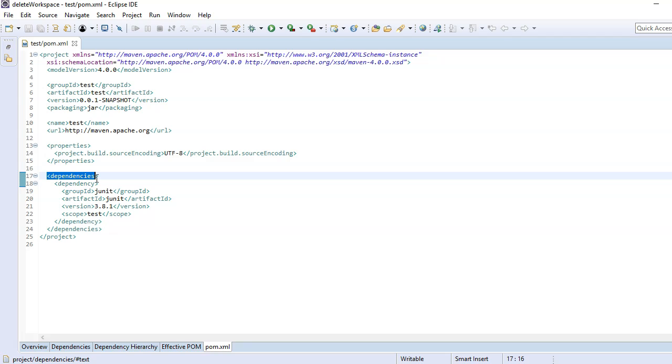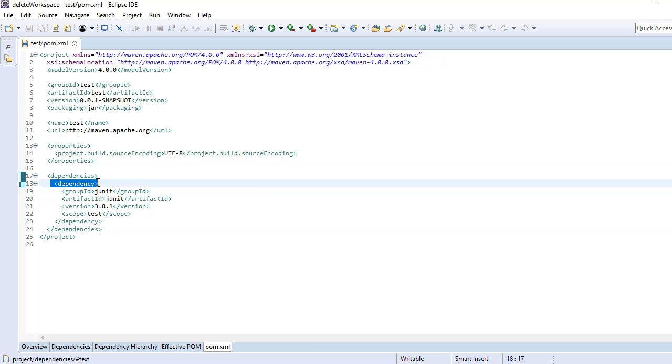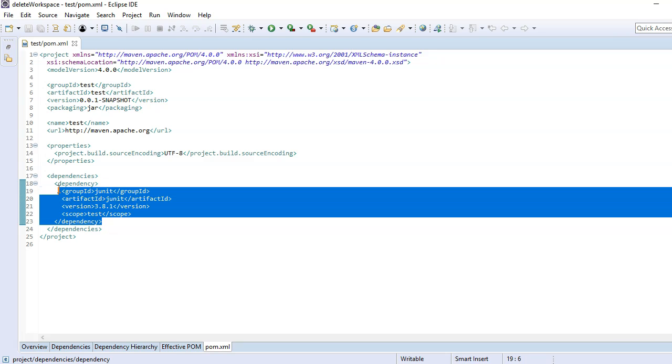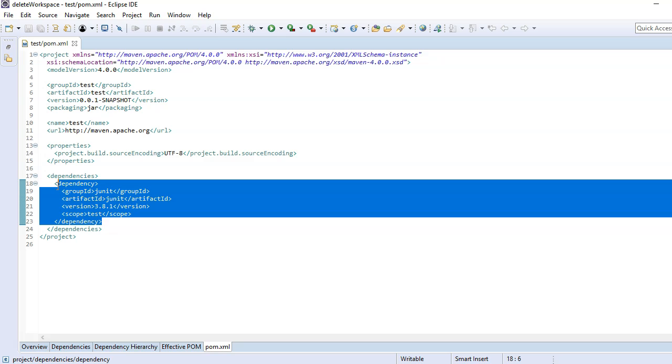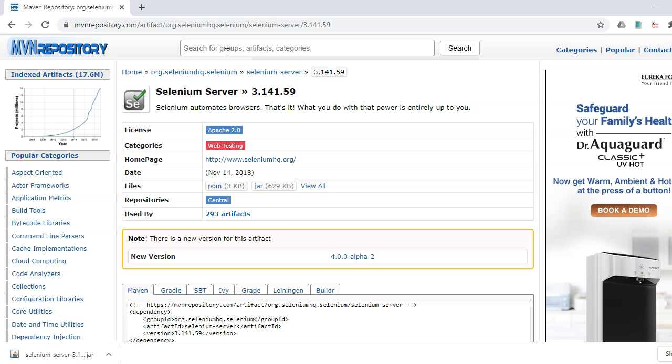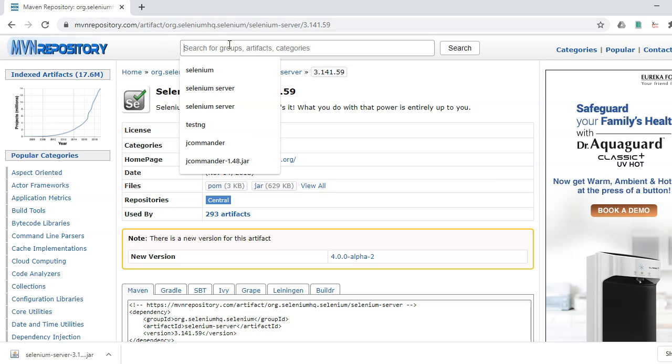Okay, this is the main dependencies tag, which can be considered as a root, and under that there will be one dependency tag. This is dependencies and this is dependency, so don't get confused between these. You need to add this dependency tag of the jar which you want to use. Suppose I want to use the Selenium server. So what you will do, once you navigate to the Maven repository, you just need to